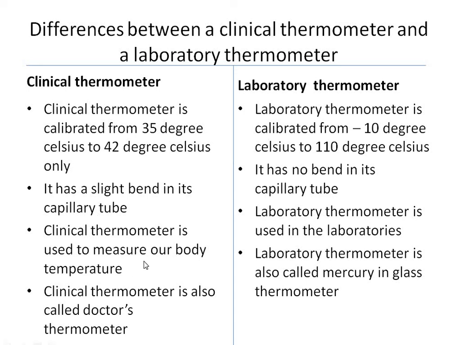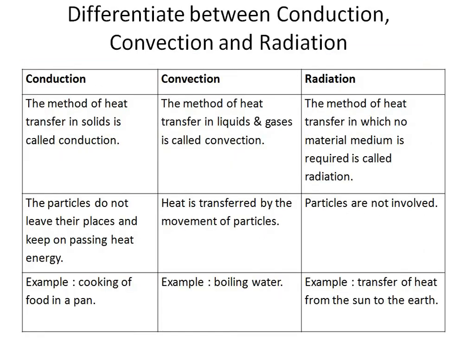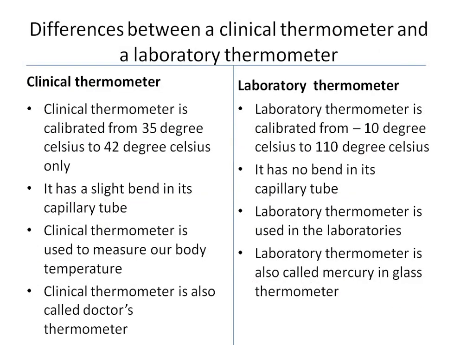Next is, clinical thermometer is used to measure our body temperature. Laboratory thermometer is used in the laboratories. Clinical thermometer is also called doctor's thermometer. Laboratory thermometer is also called mercury in glass thermometer. Okay, so write it down and learn it. If you want to know anything more about the thermometer,